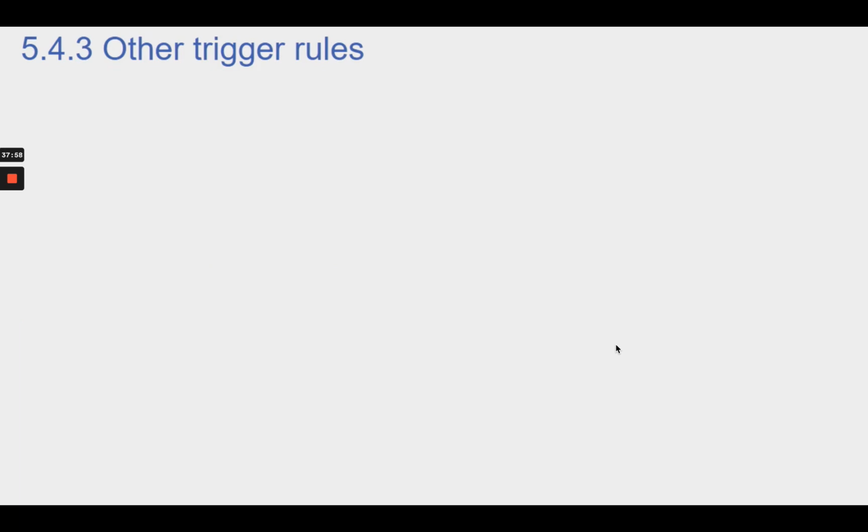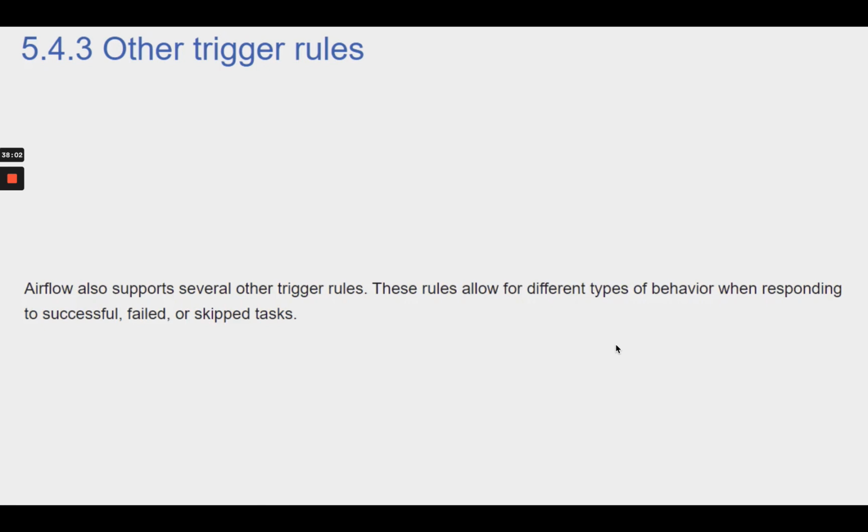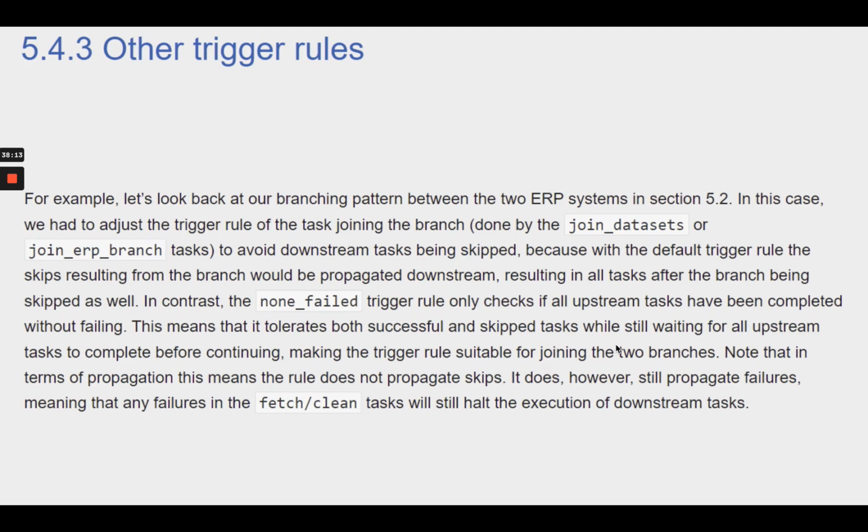Section 5.4.3. Other trigger rules. Airflow also supports several other trigger rules. These rules allow for different types of behavior when responding to successful, failed, or skipped tasks. For example, let's look back at our branching pattern between the two ERP systems in section 5.2. In this case, we had to adjust the trigger rule of the task joining the branch, done by the join_datasets